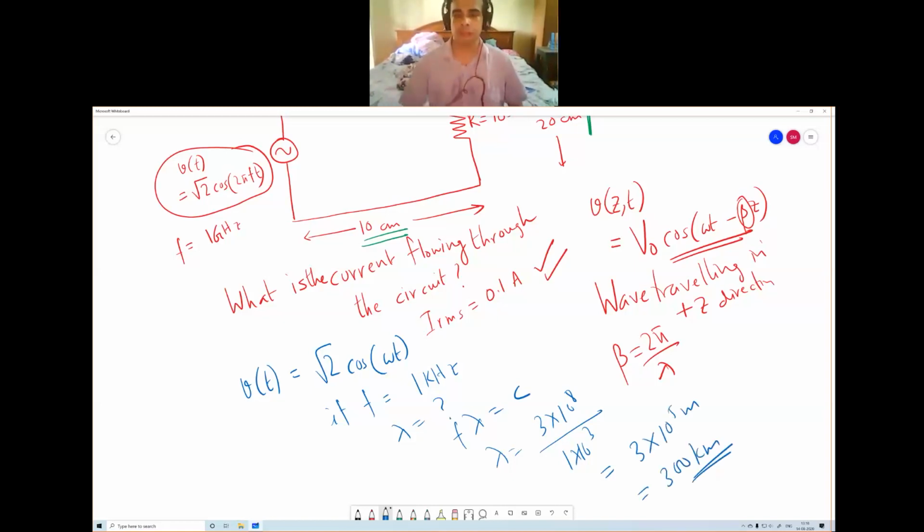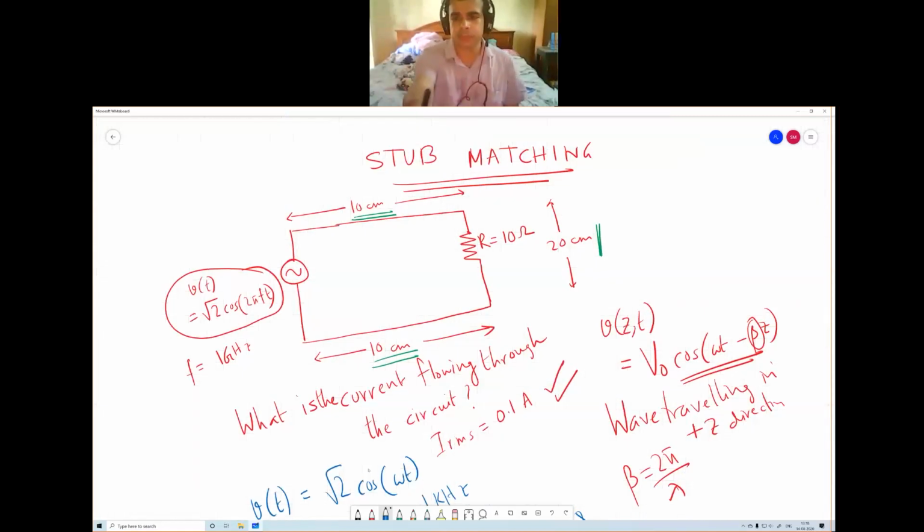See here, these are all 10 centimeters, 20 centimeters. So the overall dimension is around 50 centimeters. This will also be 20, I guess. So the overall dimension is 20, 20, 40, 50, 60 centimeters. Right? So you can imagine that